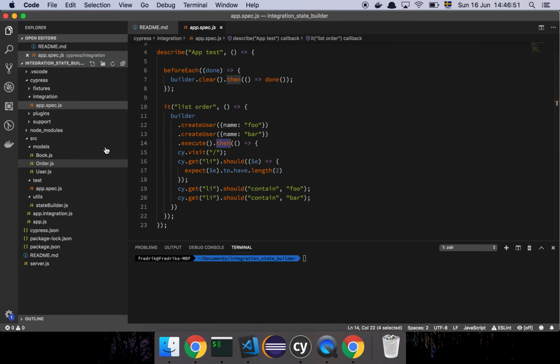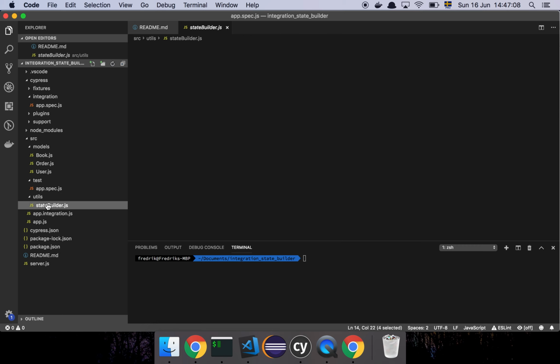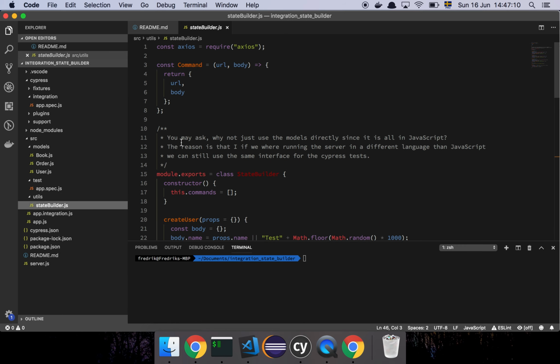This is because otherwise I would have had to basically depend on creating a bunch of services and business logic and stuff like that and leverage production code when I don't really have to. I can just short circuit everything, or rather take this little shortcut. So let's look at the state builder. The basic idea of a state builder, or you can call it whatever you want, right, is that